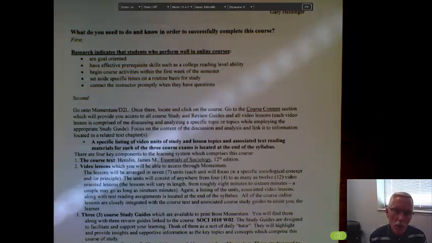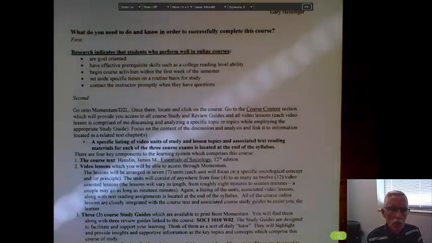You're going to have to establish some sort of a routine. You have to supply, to a great extent, the motivation. You need to set aside a time and a place for studying and viewing the video lessons. That's absolutely important. It's real easy, because I know all of you have very, very active lives, to push things